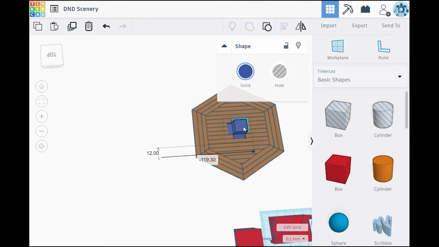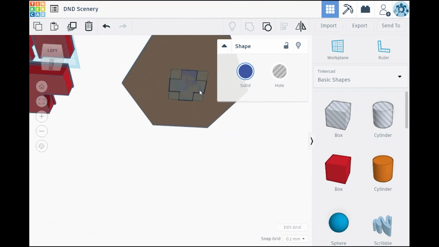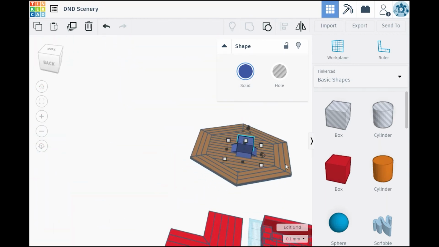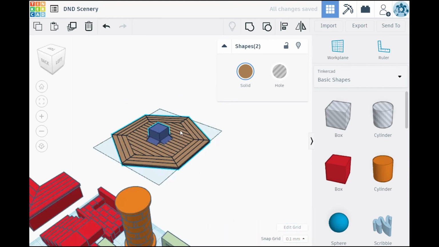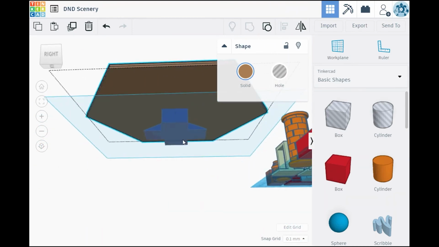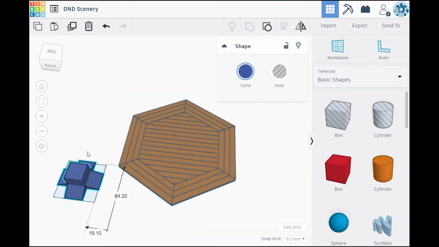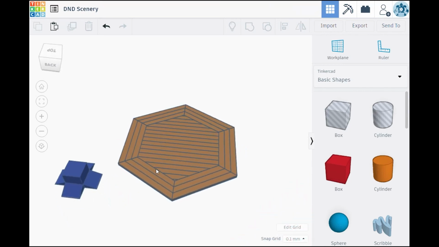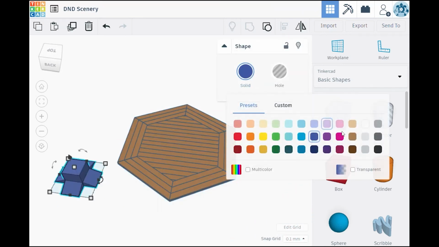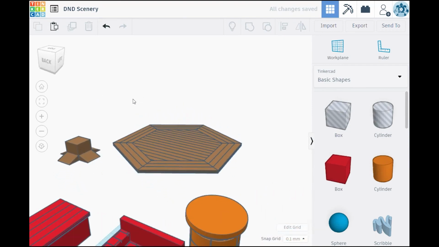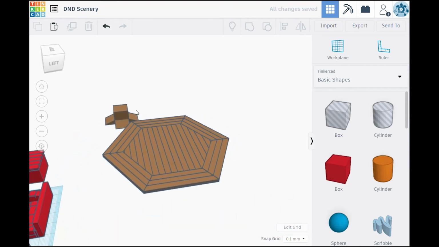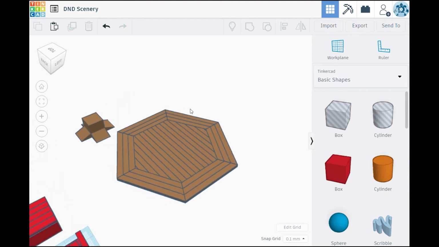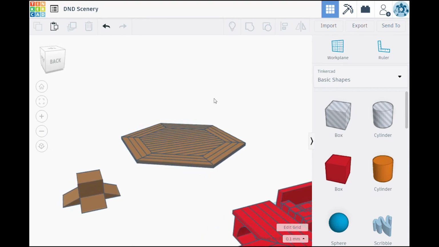The table I made was approximately, I want to say, a 12-foot hexagon. It was about 2¼ inches. So here I'm just playing with it to see what it'll look like in the program. Make sure that my foot is big enough, not oddly huge, but that's all you gotta do. Then you can just export each piece as an STL, open it with whatever 3D print slicing program you want, whether it be Cura, Simplify 3D, or some proprietary program that came with your printer, and then you can slice